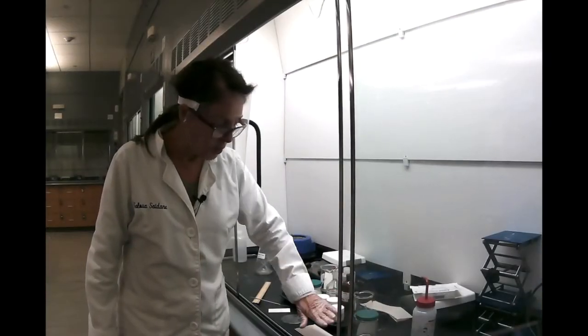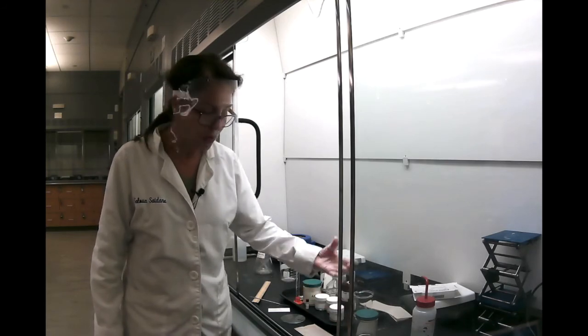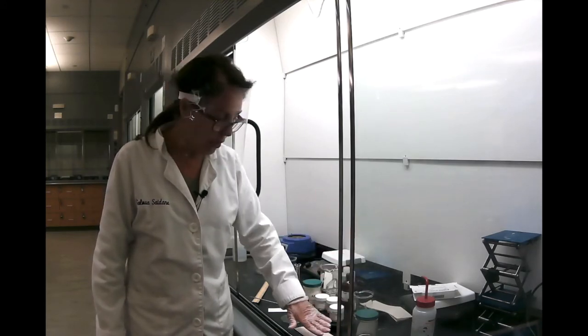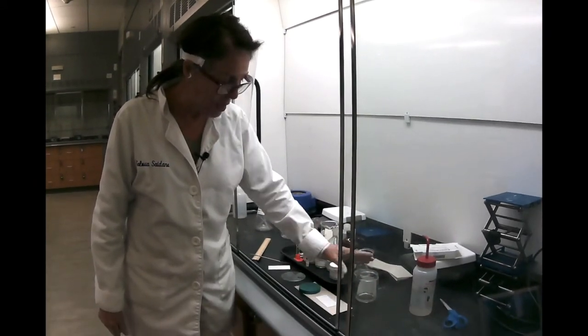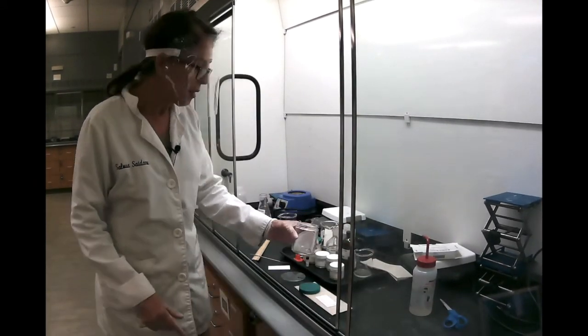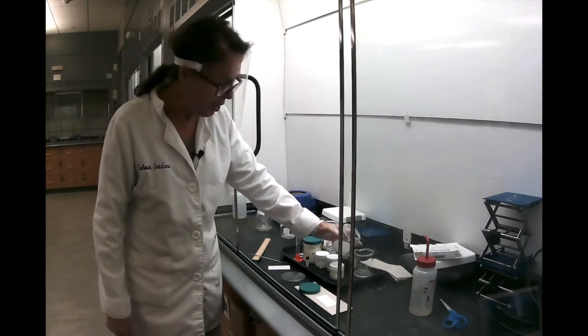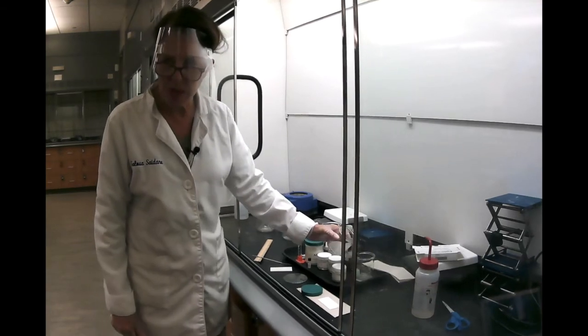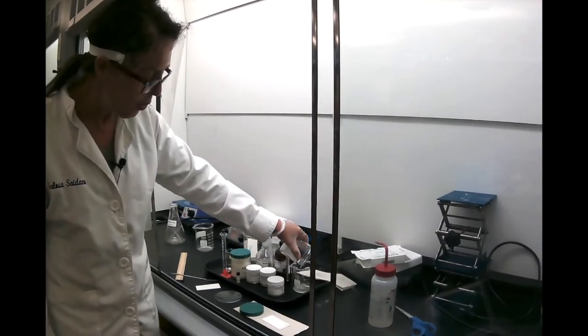So at this point, while we wait for the plate to dry, because you don't want the solvent on the surface, you want it completely dry, you just put it on paper like I did and allow it to dry. In the meantime, you can discard your liquid. By the way, it's a good habit to always have a beaker for chemical waste. So all you have to do is just pour it in that beaker,